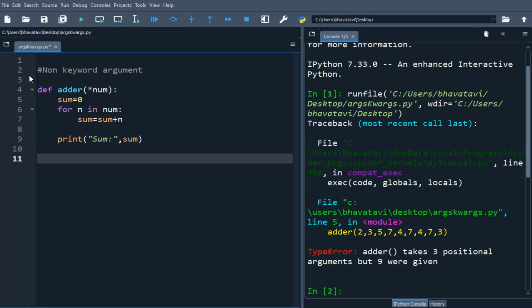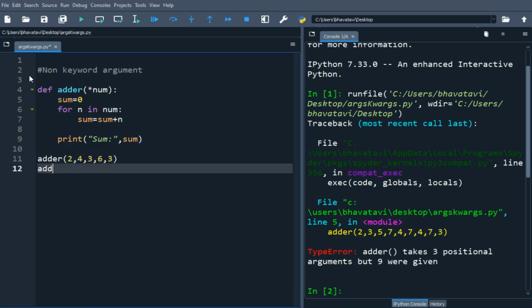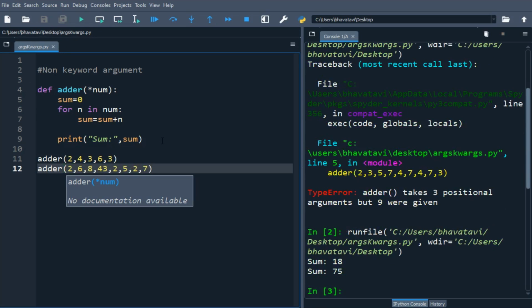Now I will call addup and put some variables. Here there are 5, and then here I am going to take multiple arguments. So when I run it, you can see it is taking multiple non-keyword arguments.